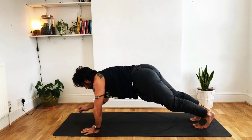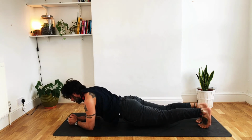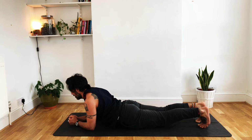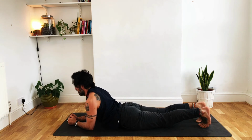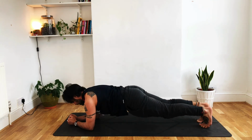Good. So the next one is on the forearms. So you come into a forearm plank. Lower. Open the chest to stretch. And on the exhale, lengthen tailbone, lift the hips. For 10, nice and slow. Inhale. Exhale. Inhale. Stretch. Exhale. Engage. 2,